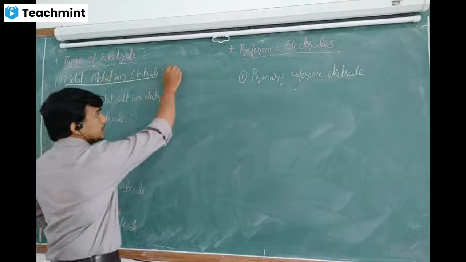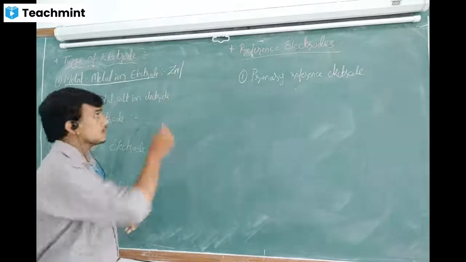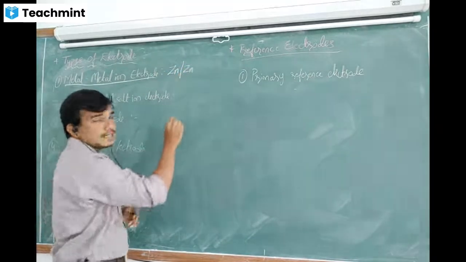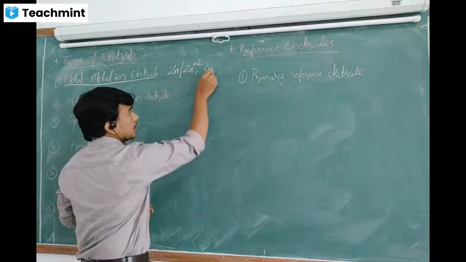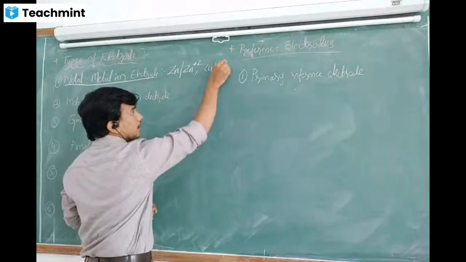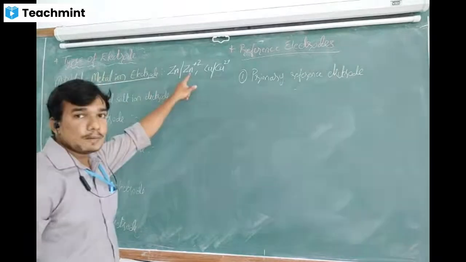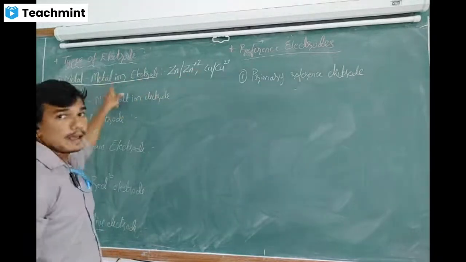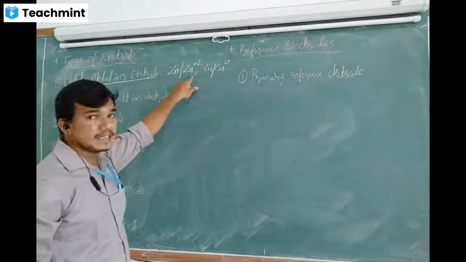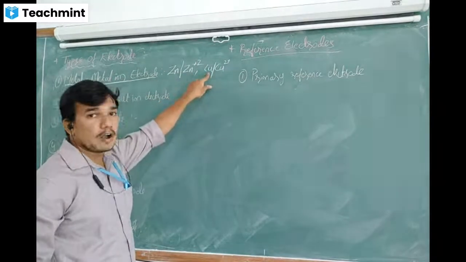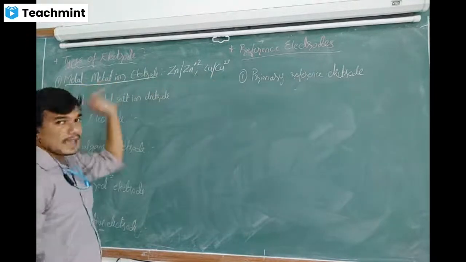Say for example, zinc metal. Zinc metal is in contact with its own ions, meaning we dip it in zinc sulfate solution, that is Zn2+ ions. In the same way, we dip copper metal in copper metal ions. A metal dipped in its own metal ions is called a metal ion electrode. Examples are zinc dipped in zinc ions, and copper dipped in copper sulfate solution. So these are the metal ion electrodes.